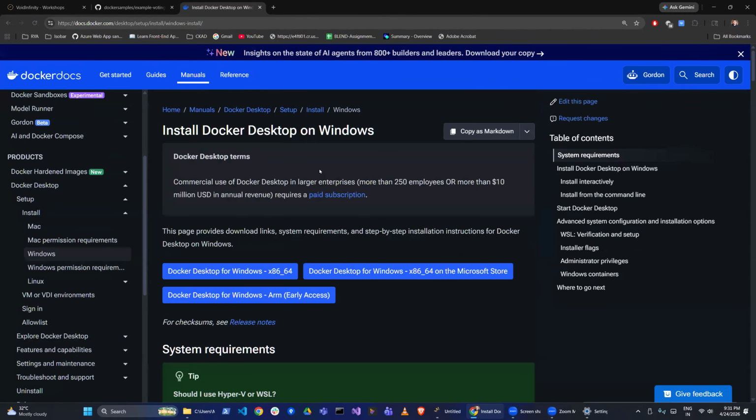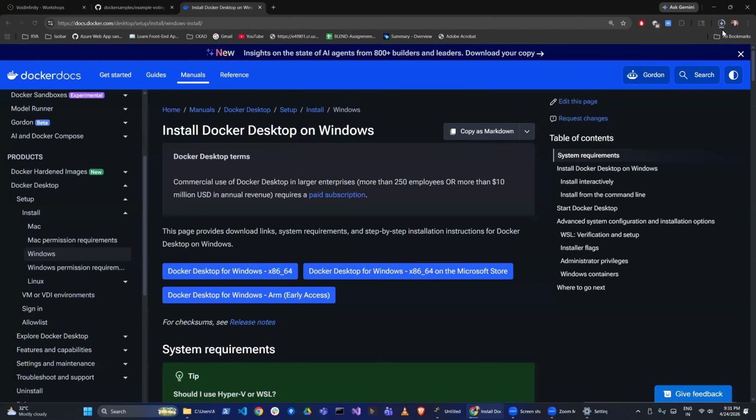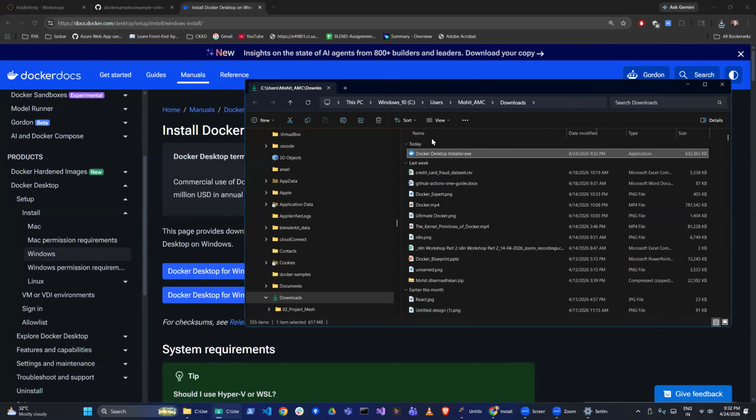So let's get started. I'm going to select this one, Docker Desktop for Windows. I will say yes. Save. So depending on your OS, either you should go for this or you should go for this. It's almost done, I guess. Yes. So since we have this exe,